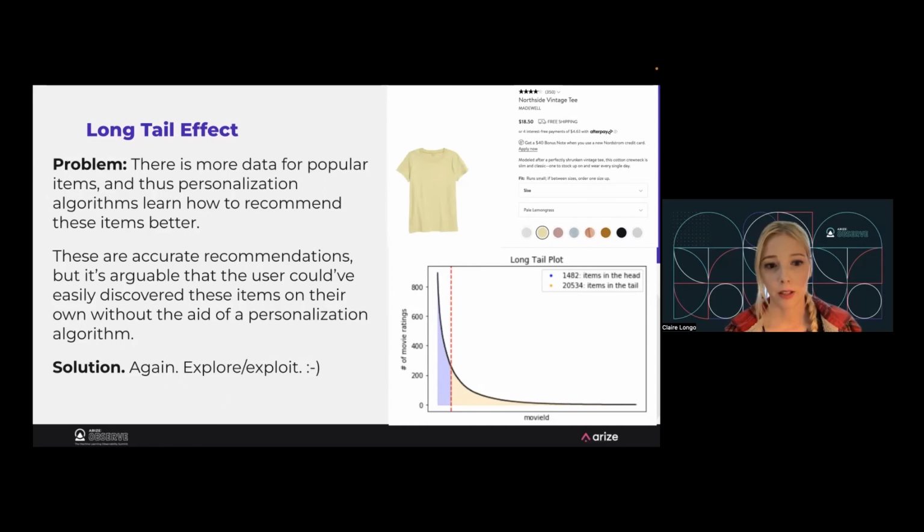I would rely on the explore-exploit framework of reinforcement learning here. It allows us to introduce new items in front of the user and see how they respond to it. And if they respond well, then the algorithm will adapt and learn to personalize even better for that user. So if we introduced a framework like this, I think we could have overcome what I would call the white t-shirt problem of recommending basic things.